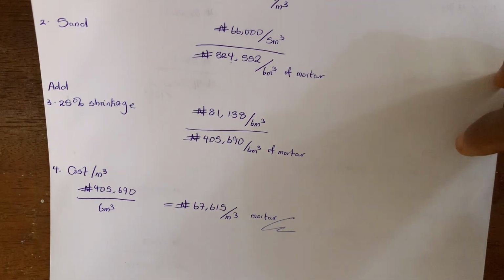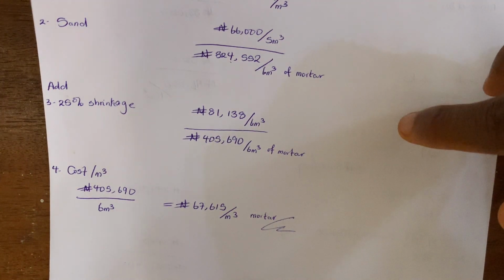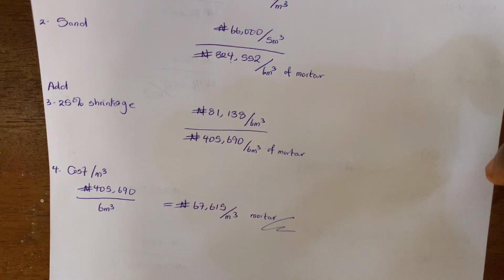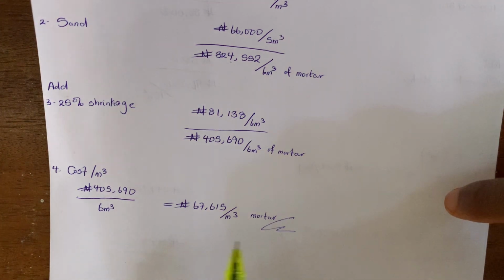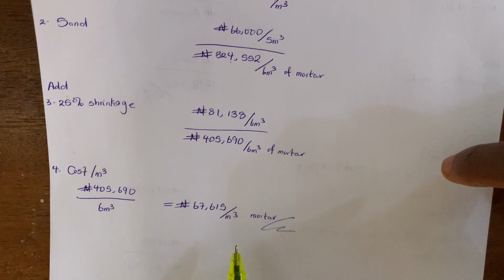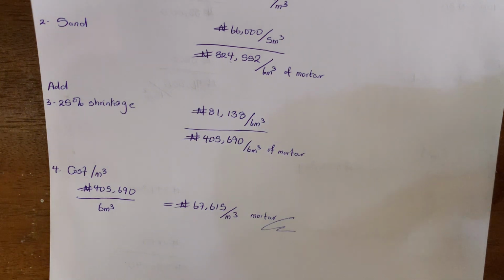So you know that as we started this build up, we are basing the build up on 10 meters square of block work. So we are not going to be needing about 1 meter cube of mortar to lay 10 meters square of block work, because 10 meters square of block work is what we are basing our rates from. So as it stands, to lay 10 meters square of block work would require 0.14 meter cube of